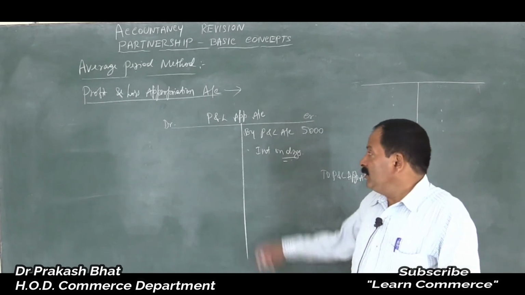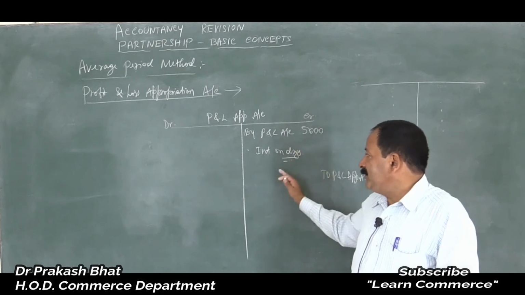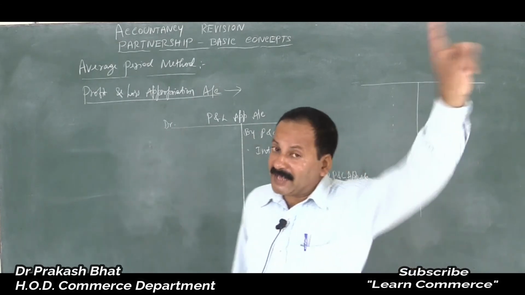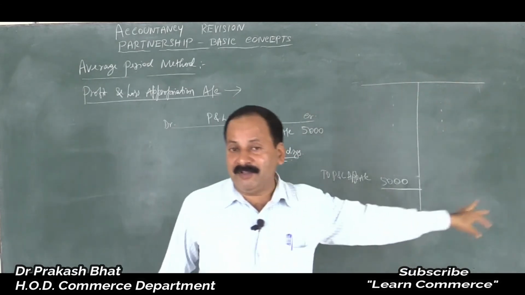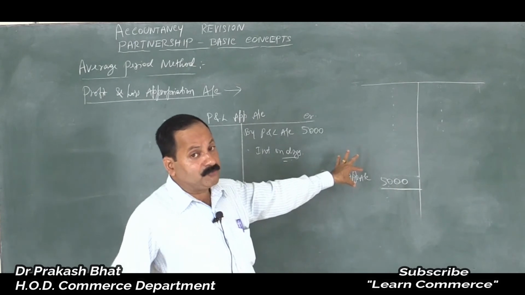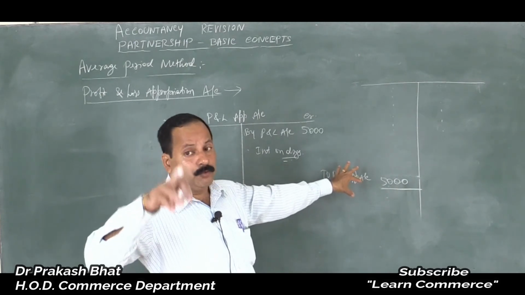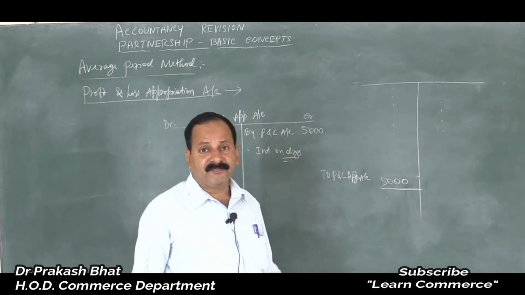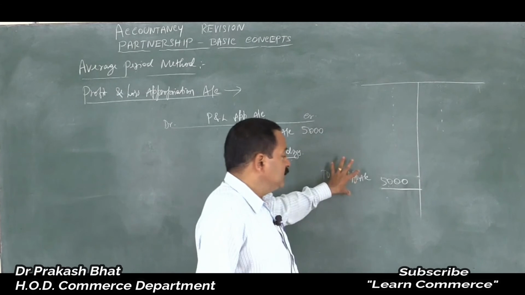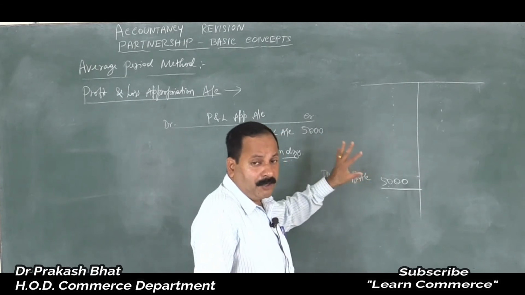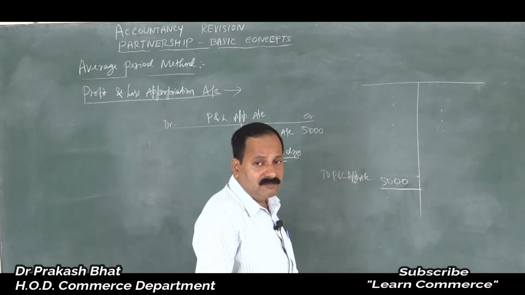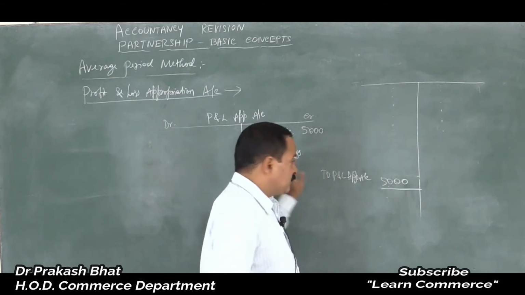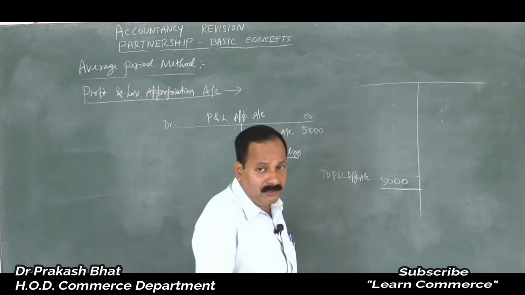But remember, here you are not supposed to enter any drawings amount. The amount drawn will go to the capital account, friends. It will not appear in the appropriation account. So you should remember that this information is given to confuse the student. They give these items just to confuse the students. The drawings amount is given by mistake, isn't it? A student may enter it on the credit side by drawings, then by interest on drawings, and your answer is gone. You may lose 2 marks for that.